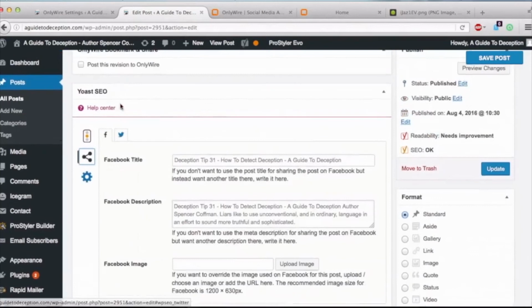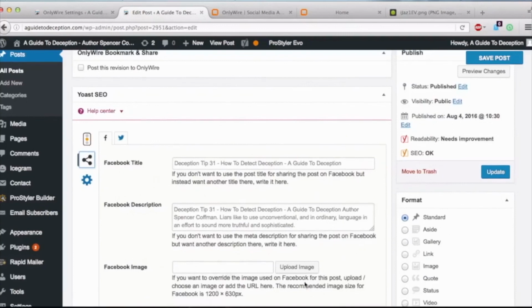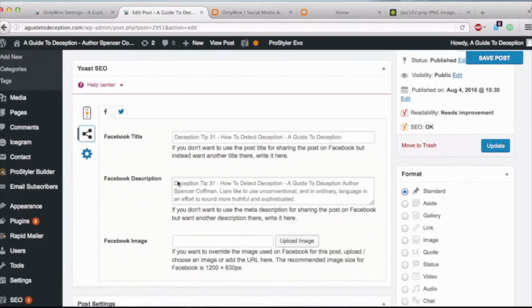Yoast SEO right here has a little spot where you can put your Facebook title and Facebook description, Facebook image, and it can override the default image. However, Yoast SEO doesn't have a social network auto sharing page. Now, if it did, this would be the way to do it. Anybody that has it, throw it right in every post. Anyone can manually change whatever they want, and then this would be the content that would be shared to the social media pages. That's how to make it work. Someone can just make it work.